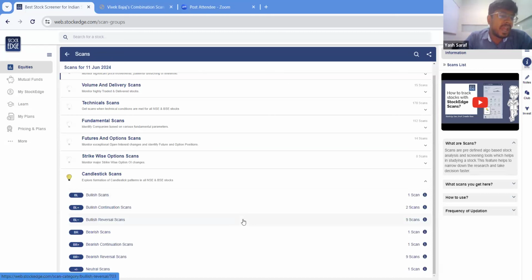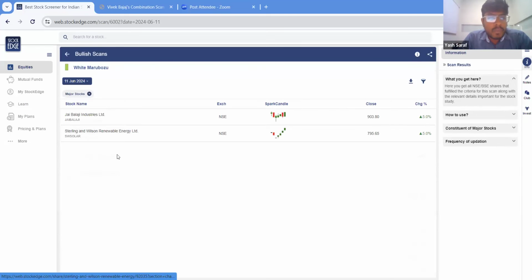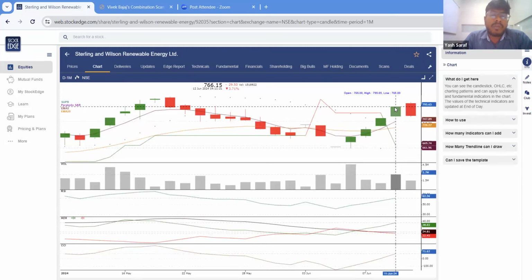So basically in candlestick scans, as I told you that price scans, volume and delivery scans are also very important, but even a small candlestick or 1 day candlestick pattern is also very important, because candlestick pattern tells us a lot about that price's strength, what is the investor's view about that respective stock. You can identify with the help of just one scan. For example, bullish scans, if you go to White Marubozu, right? So let's go to Sterling and Wilson. What can be seen is that at this level there was not a single seller. There was no selling pressure from the market at these price levels, and you can see this stock made a white